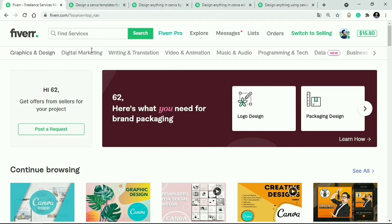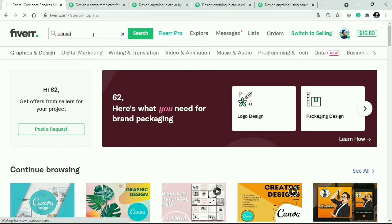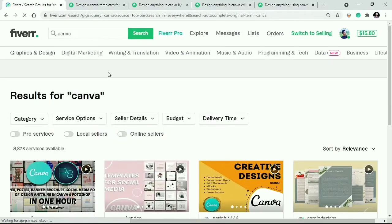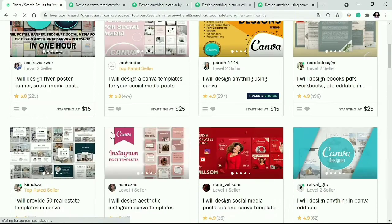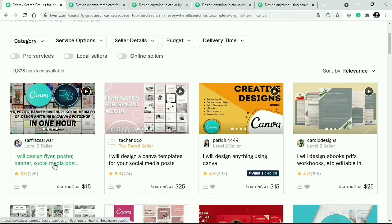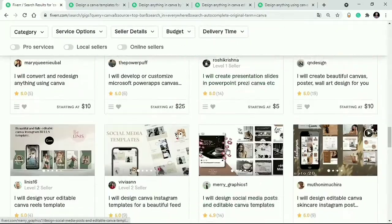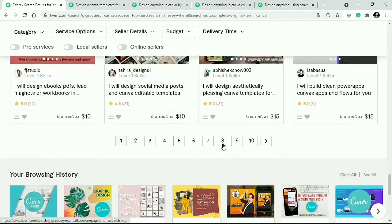Okay, so visit fiverr.com and enter Canva. If I enter Canva here, then you will find lots of gigs related to Canva. This person is providing posters and banners by using Canva. This one is designing social media banners and social media posts by using Canva, and lots of gigs are available there about Canva. And if I visit the 10th page,